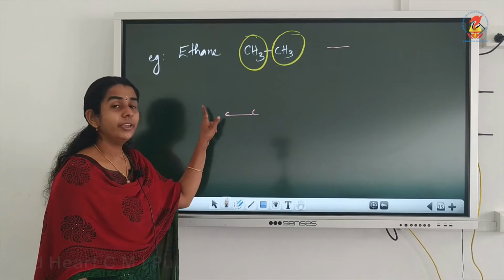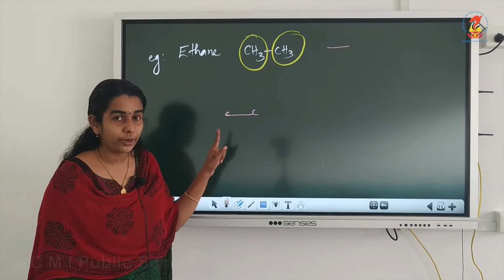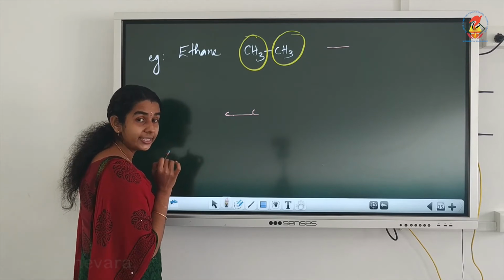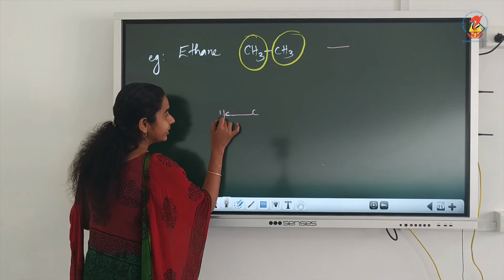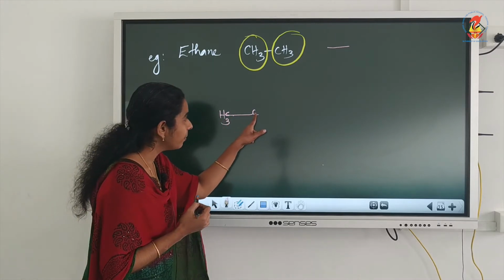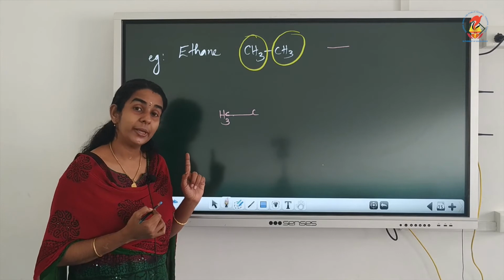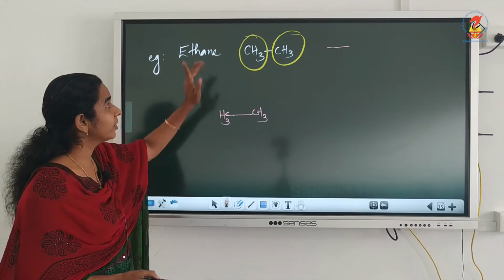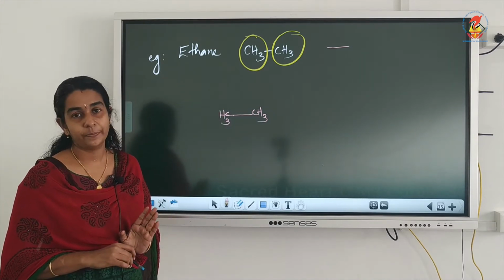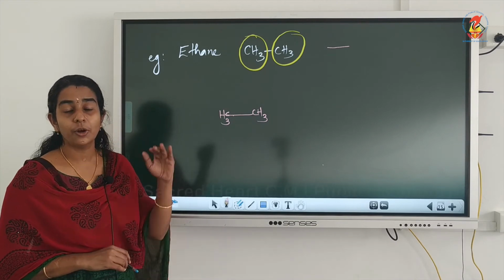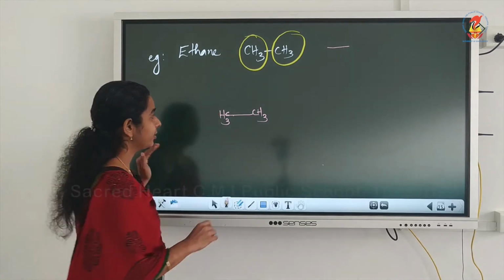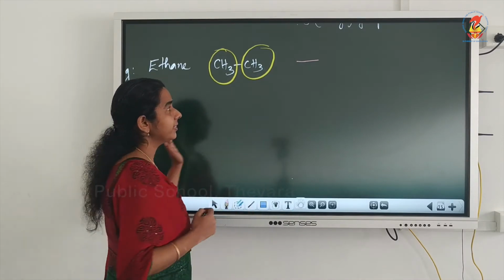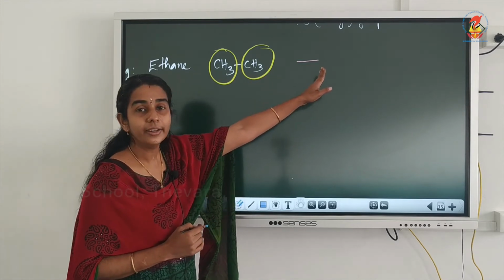Now we know that carbon valency is 4. So see this carbon, only one valency is satisfied. So 3 more valencies are there to complete. So how many hydrogens are here? 3. On this carbon also only one valency is satisfied, so the remaining 3 valencies are to be satisfied. So here also one CH3. So we will get the compound as CH3, CH3. So it is very easy to identify the compound from the bond line representation. Okay. So what is the bond line representation of ethane? This is the bond line representation.